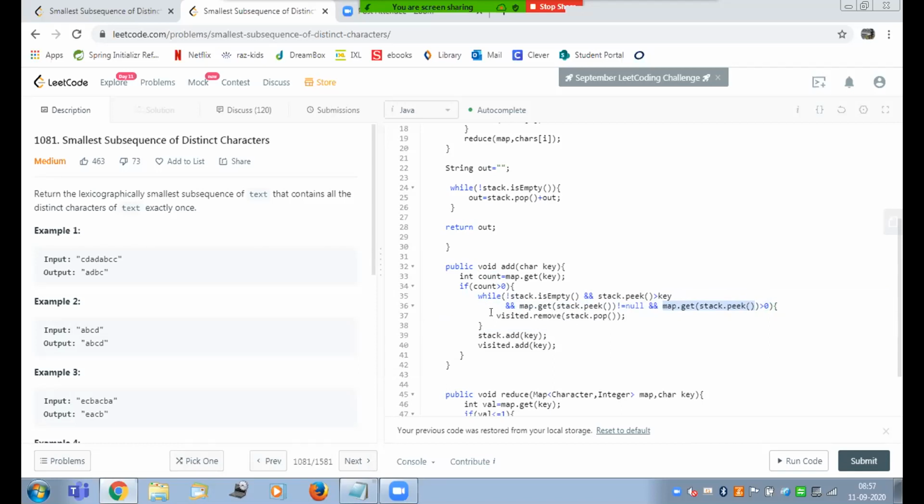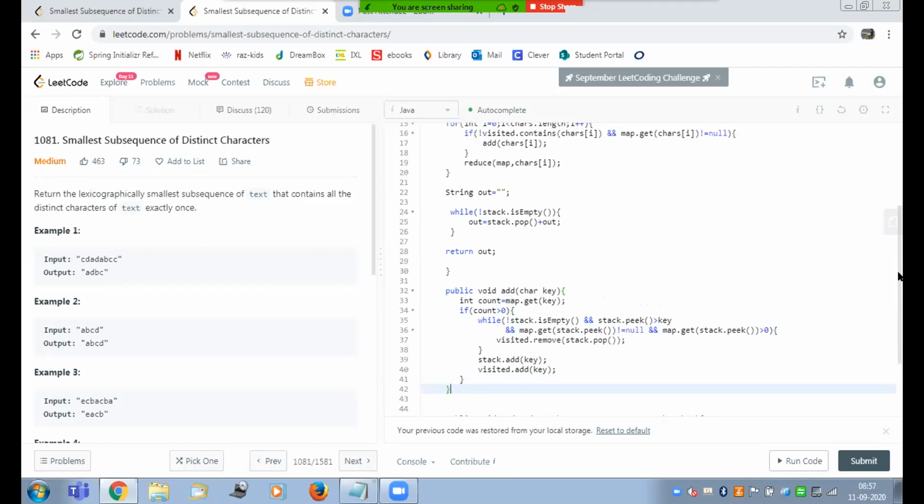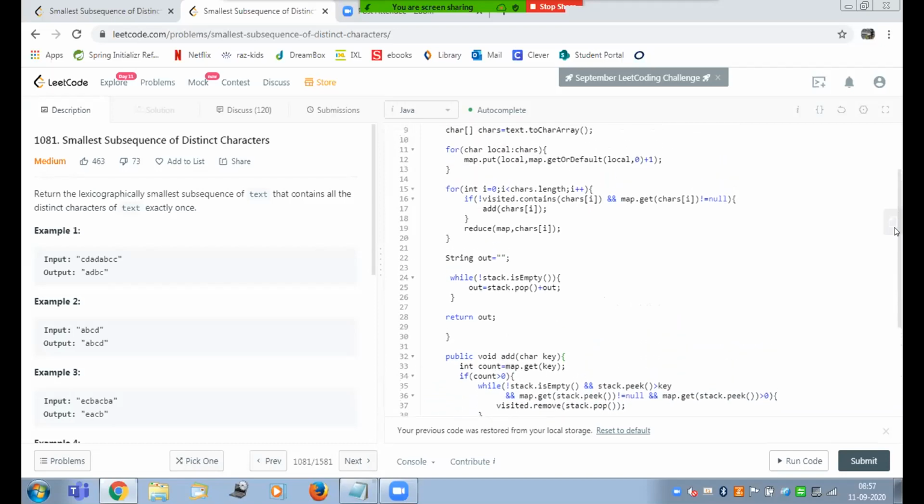As we are removing elements from the stack, I will also remove them from visited, so that next time I can add that element again in the stack if required. So this add function helps me remove the greater element from the stack which still has some count remaining.